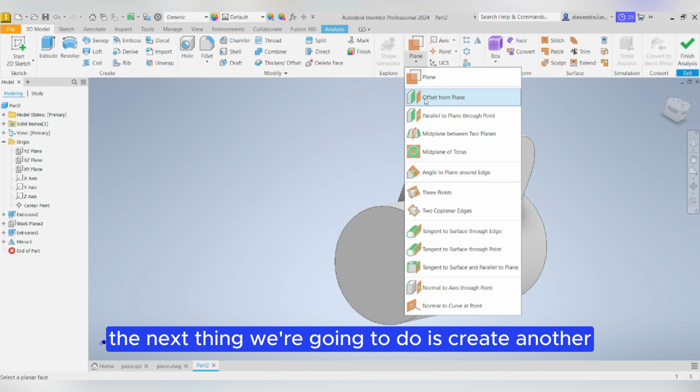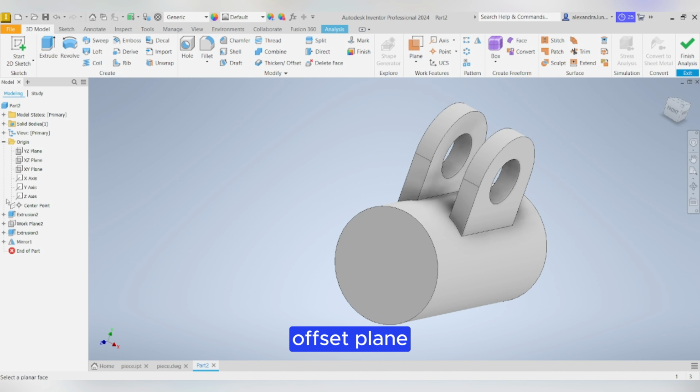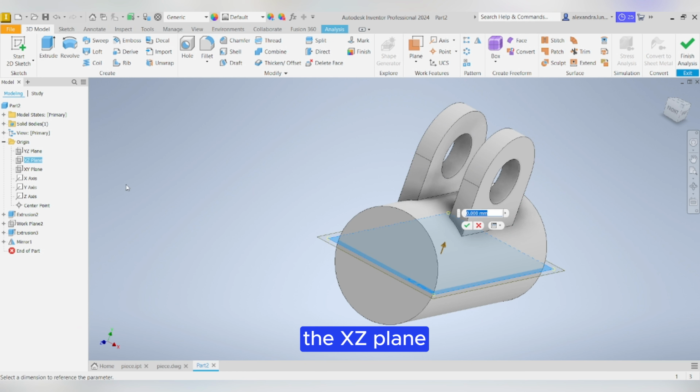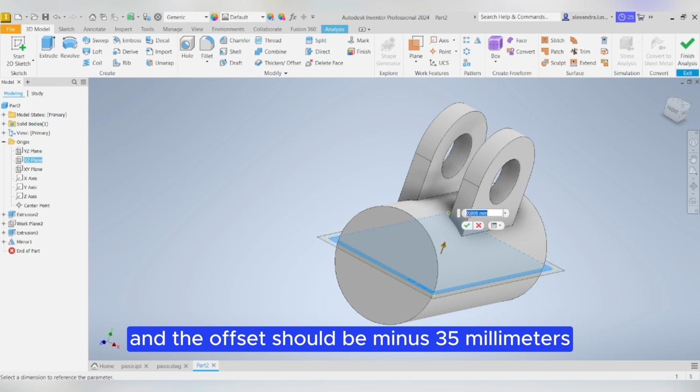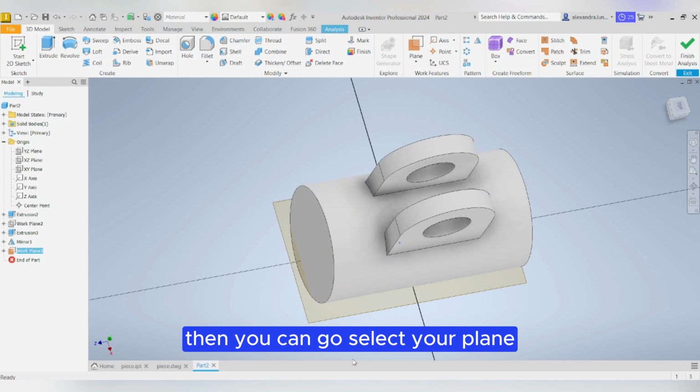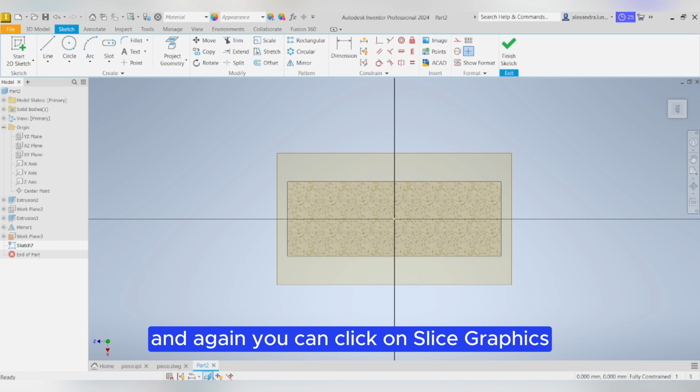The next thing we're going to do is create another offset plane, and the plane which we're going to create an offset is XZ plane. And the offset should be minus 35 like that. Then you can go select your plane and again, you can click on slice graphics so you can have a